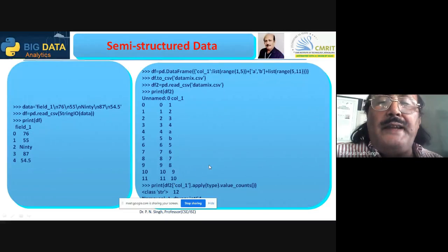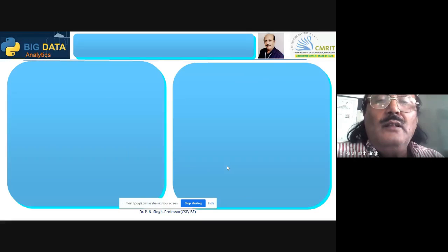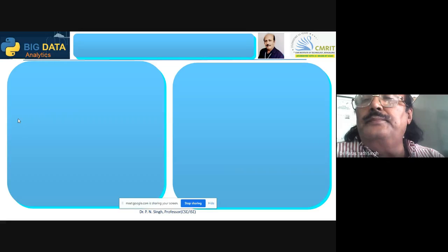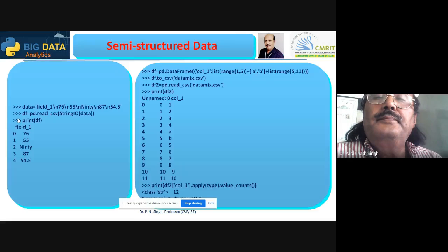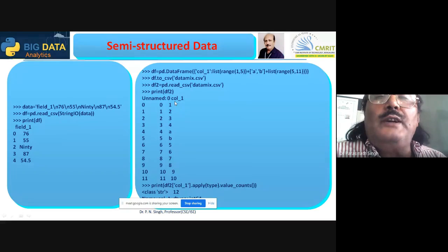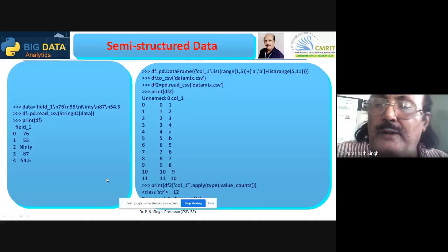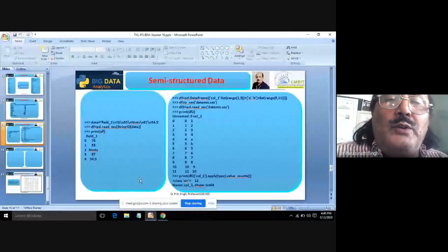So I am printing here what column 1, column 2, column 3 are.